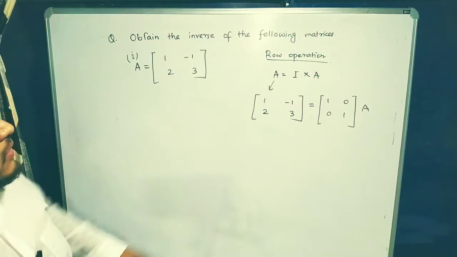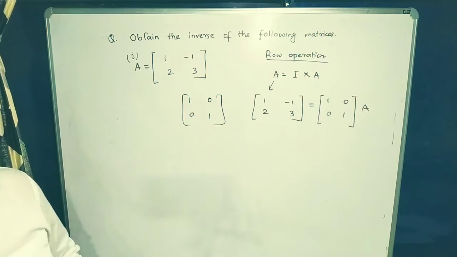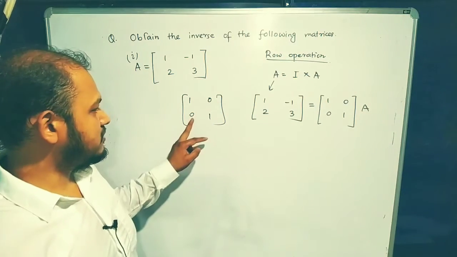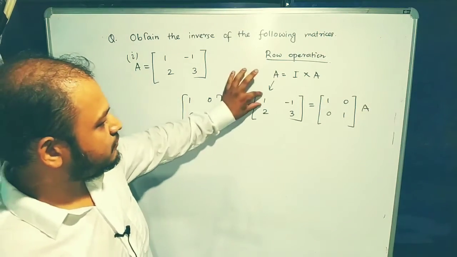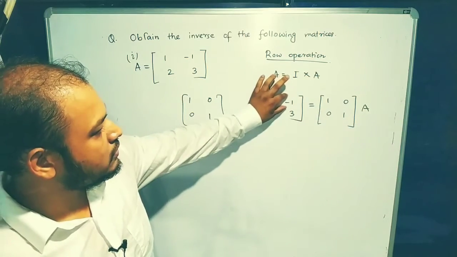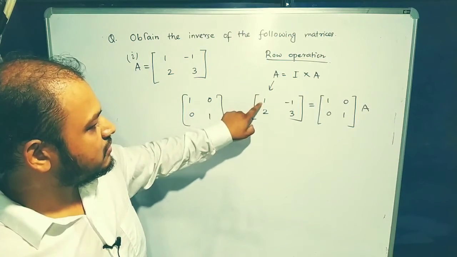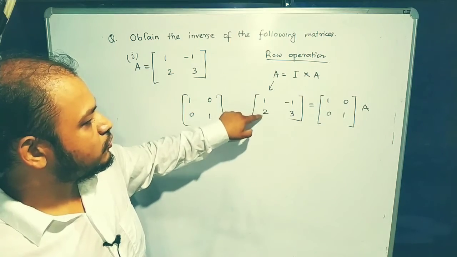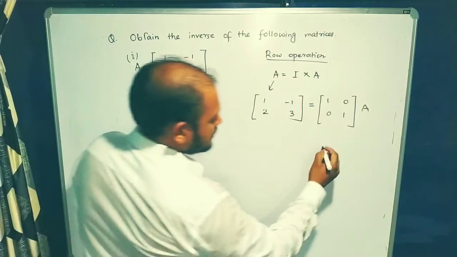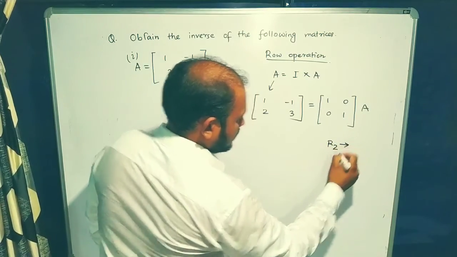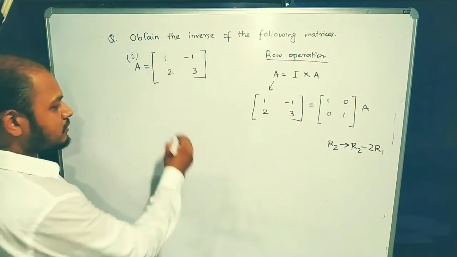So this matrix should look like 1, 0, 0, 1. So what is the first step that you should do? First step is that you obtain a 0 at this position. How can you do that? Well, if you multiply the first row by 2 and then subtract it from the second row, then you are getting a 0 here. After multiplying this entire row by 2, it becomes 2 minus 2, 0 here. So the first step that you should try is that R2 becomes R2 minus 2R1. Try it. So what will happen?